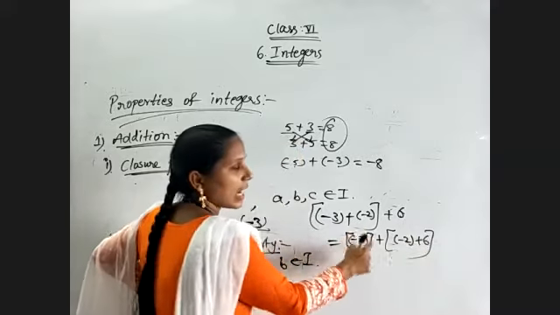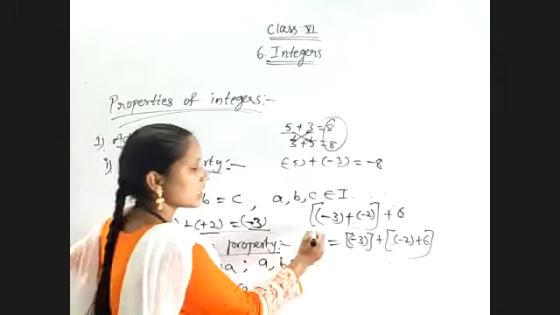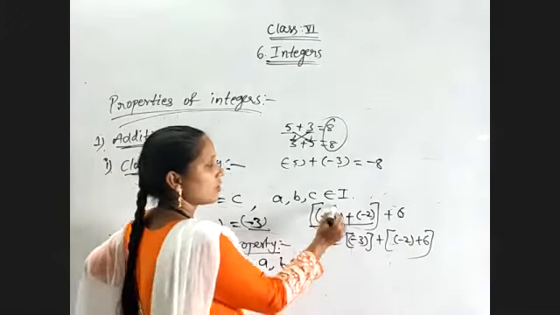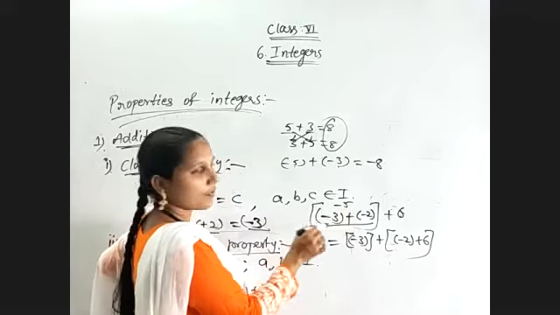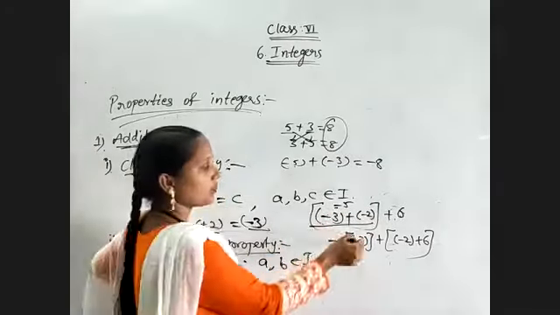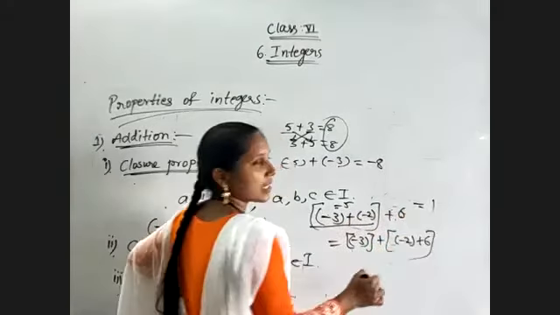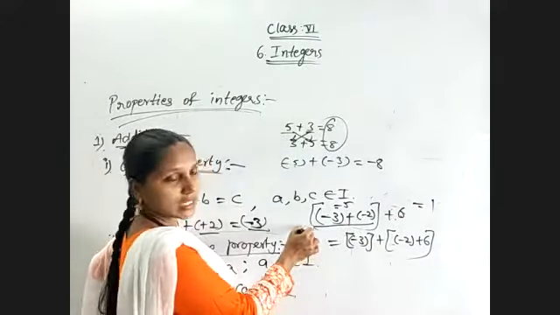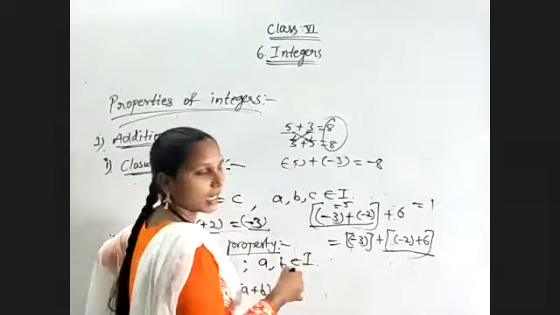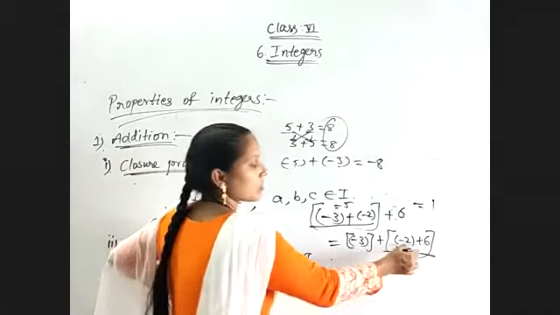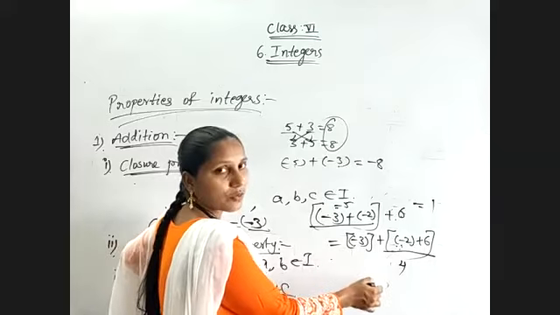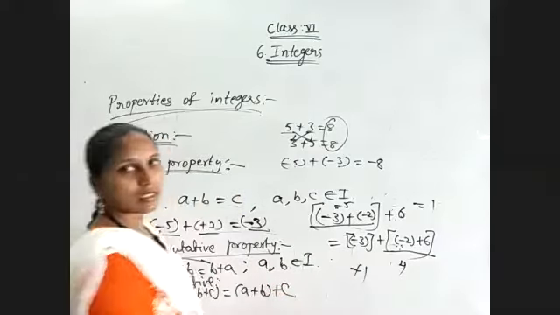By changing the order also we have to get the same result. This bracket indicates we first need to do that operation. Both are negative, addition, so we will get minus 5. 3 plus 2 is 5, both are negative, so minus 5. One is minus, one is plus, so subtraction: 6 minus 5 is equal to 1, plus 1 is the result. That is for LHS. Coming to RHS, for these two numbers we have the bracket, so we simplify this first. 6 minus 2 is 4, and here minus 3 plus 4, so plus 1 will be the result.